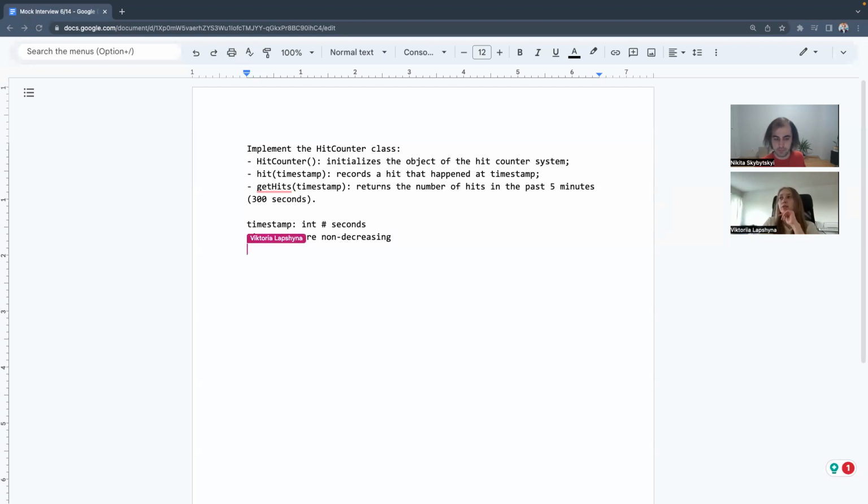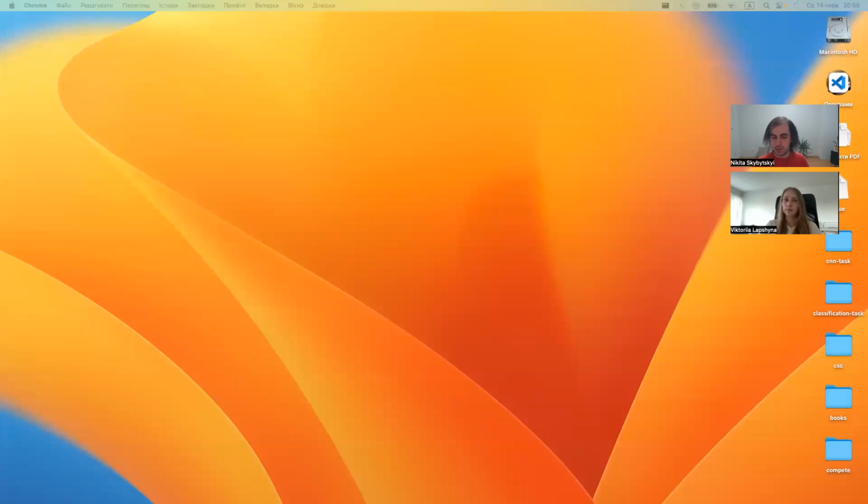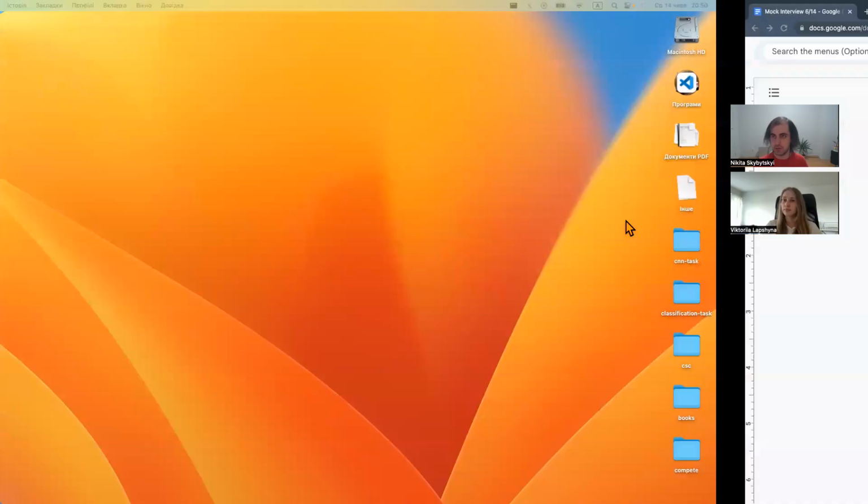So I suggest that we first write some pseudocode, or start writing the class and the functions and what they have to return, just to make sure that I understand everything correctly. Yeah, I can paste the interface for you if you want to. Oh, okay.